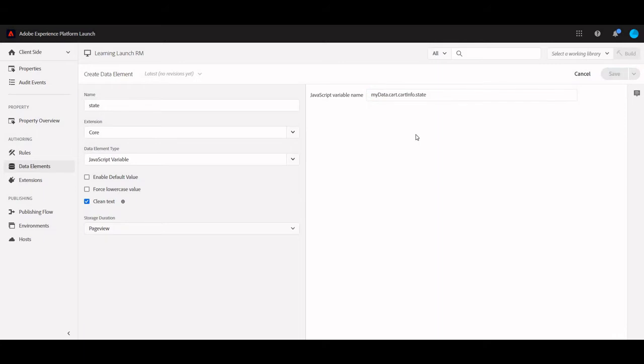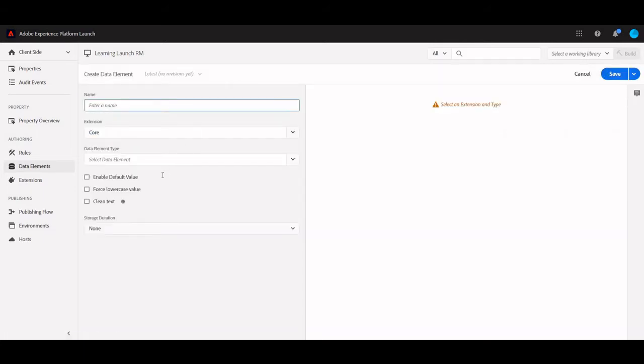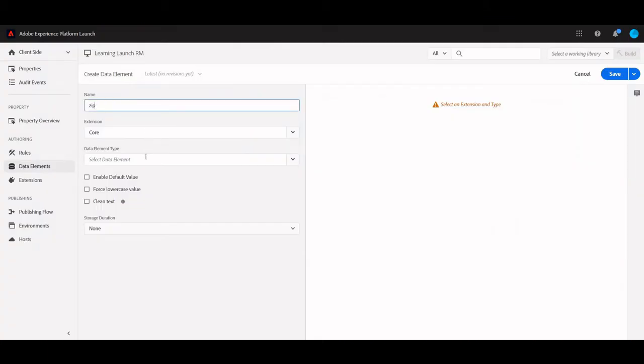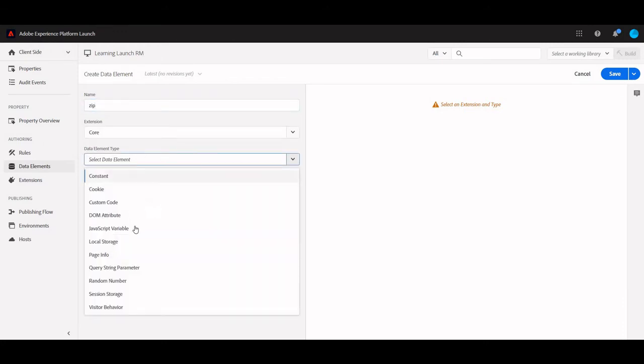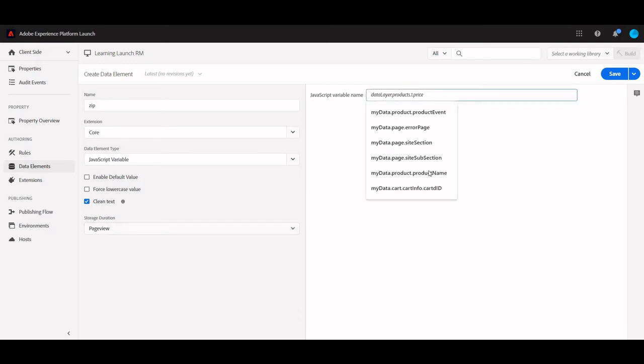Done. Save it. Let's create another element for zip code. Let's call it zip. Again it will be a JavaScript variable. Let's make it clean text on page views, same thing: myData.cartInfo.zip. I will save it.